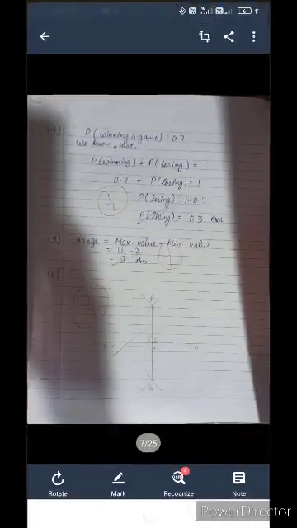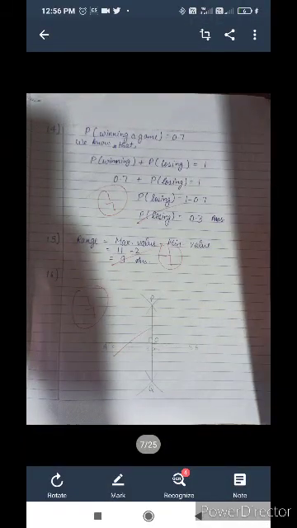Now question number 16. Draw a line segment AB is equal to 8 centimeter. Draw its perpendicular bisector. So perpendicular bisector, how you will draw? That is, first we will draw a line segment AB, let's say 8 centimeter. Then with A as center, we will draw an arc above AB and below AB, taking radius more than half of AB basically.